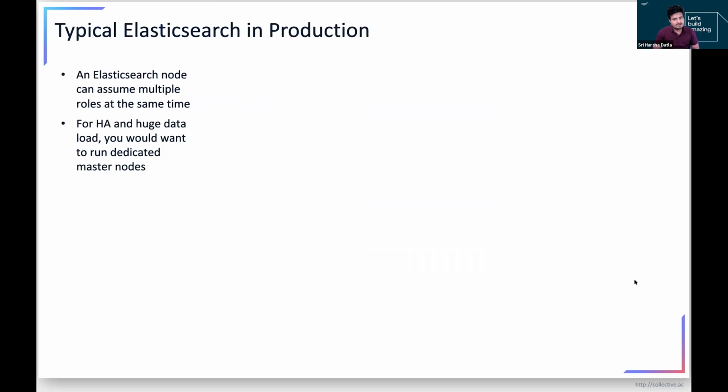Now, this is where we want to show you a typical resilient, fault-tolerant, highly available Elasticsearch cluster that we have. These two are major important points before you actually see the illustration. Any Elasticsearch node can assume multiple roles at the same time, right? When you install Elasticsearch, for example, a node by default is master eligible, or it performs multiple roles like master, data,